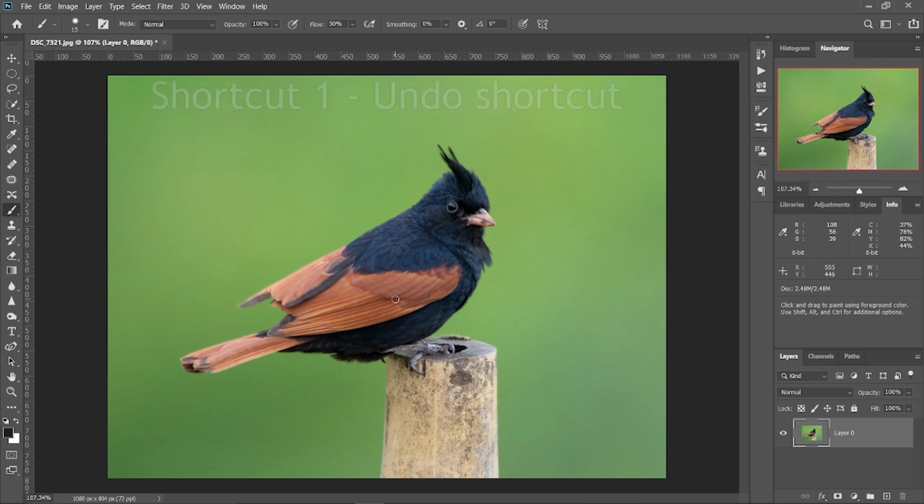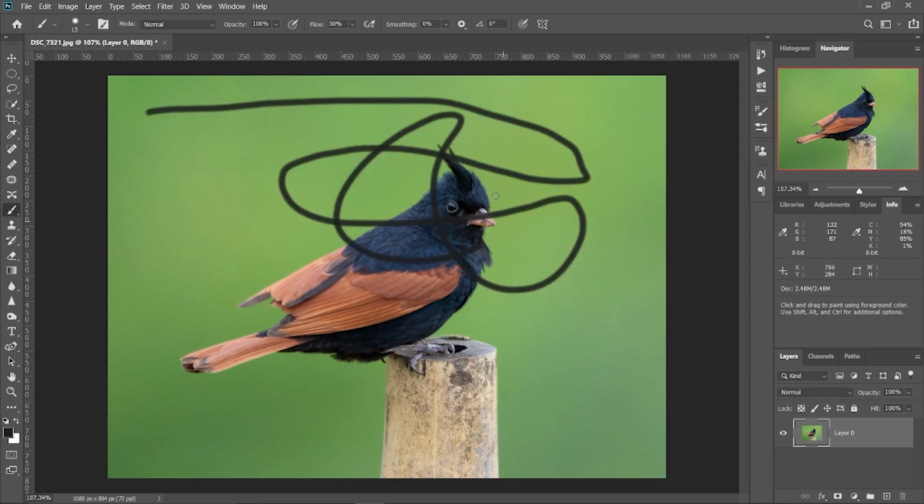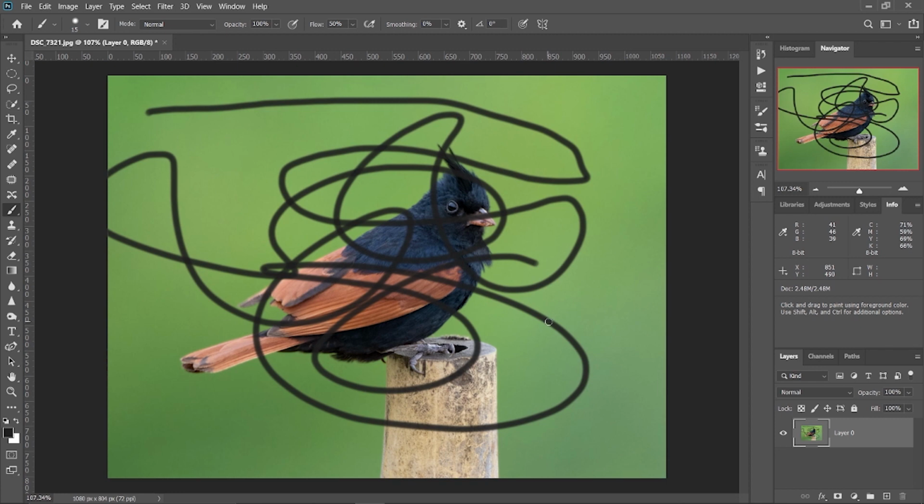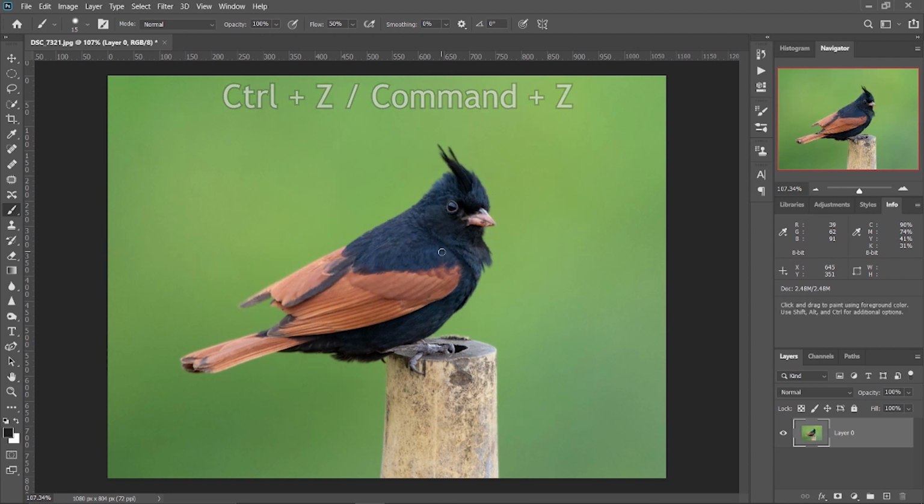The first shortcut is really important, which is the undo shortcut. Anyone using Photoshop should know this. We are human beings, we make mistakes and we should know how to correct them. Here I have selected the brush tool with the black color selected. I am going to just scribble on this photo. Now I want to undo the scribble. I don't want it here. So I am just going to press Ctrl plus Z